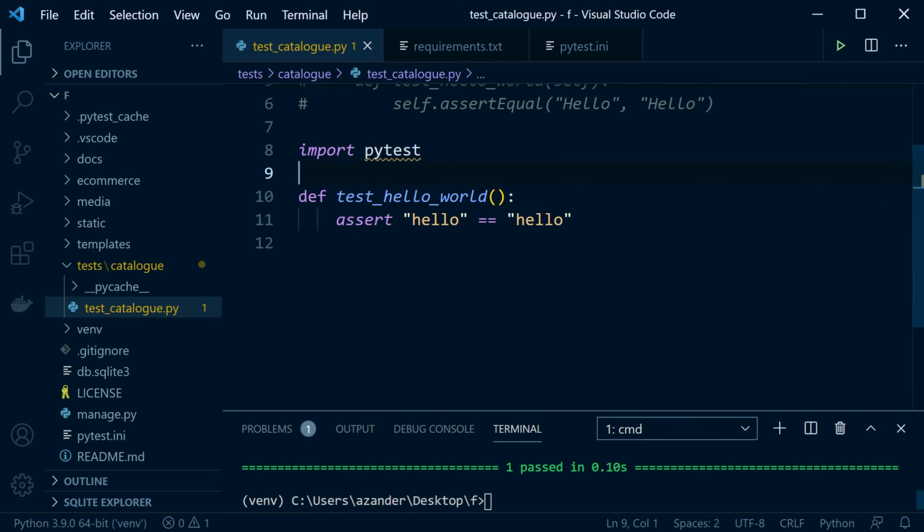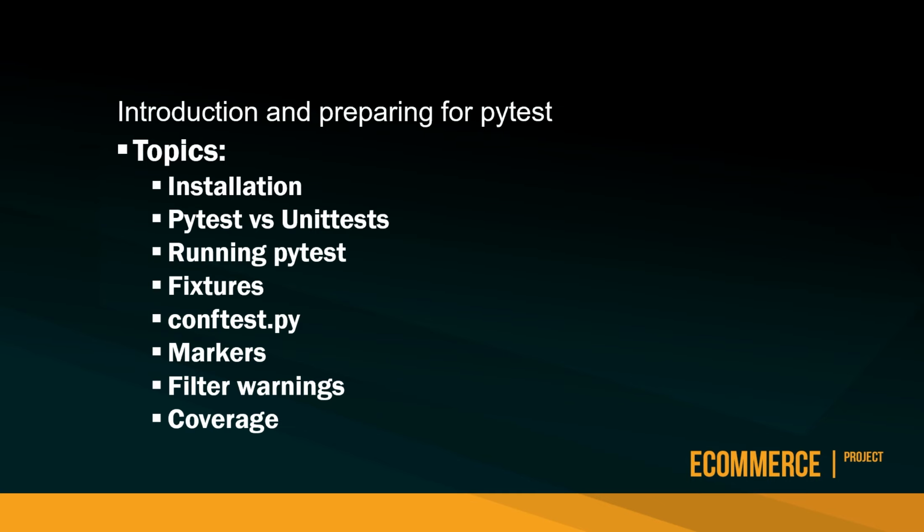So this is just a small introduction so we can get started using Pytest. We've gone through the installation. That is now set up, so there's not too much more to say. Pytest versus unit test: you can see clearly straight away that there's going to be less code. We're just going to create and go, write in our function with assert, for example. That just makes it nice and quick, and I think easier to get into to begin with,